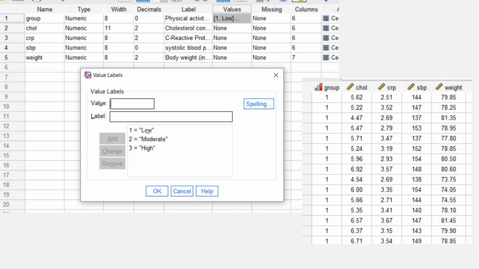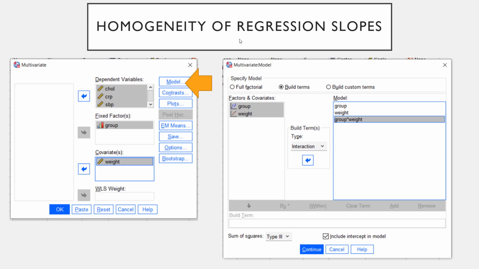Okay, so here we have the data, we have group, we have cholesterol, CRP, SBP, and then weight is our covariate. And our independent variables, low, medium, and high. So the first thing we want to check is homogeneity of regression slope. So we put our dependent variables in the dependent variable box after we've selected analyze, general linear model, multivariate, and we put in cholesterol, CRP, SBP, and we have our fixed factor as the grouping variable